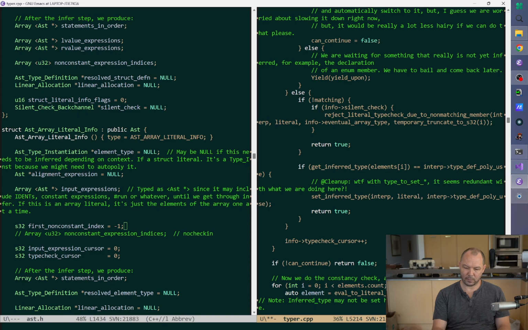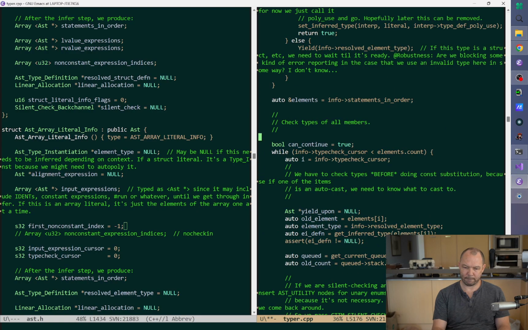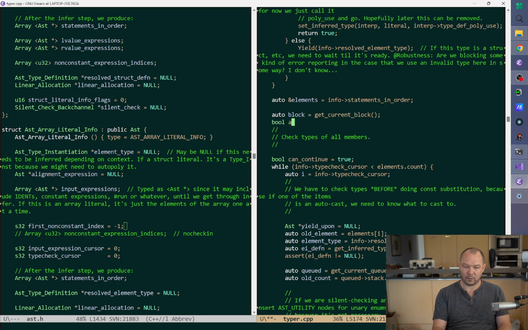Okay. Now, we want to say you can only have a non-constant literal in imperative scope. Let's do this. Allow non-constant equals